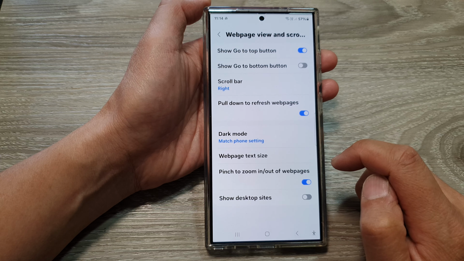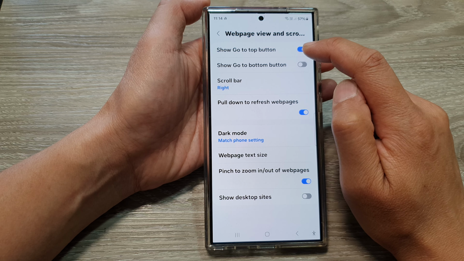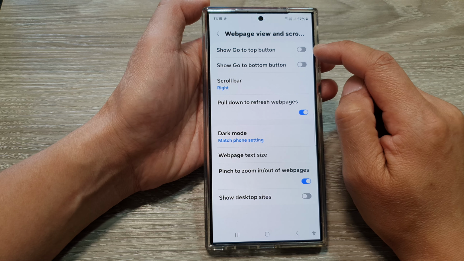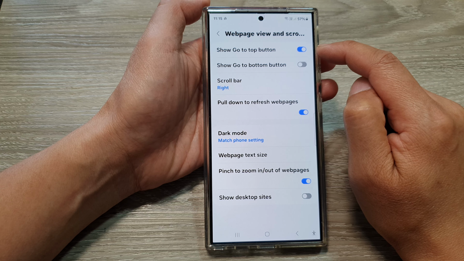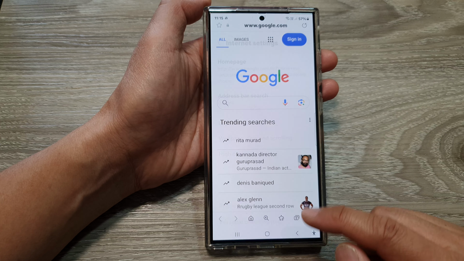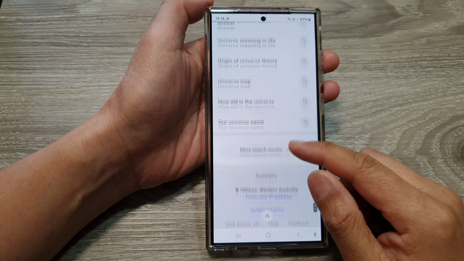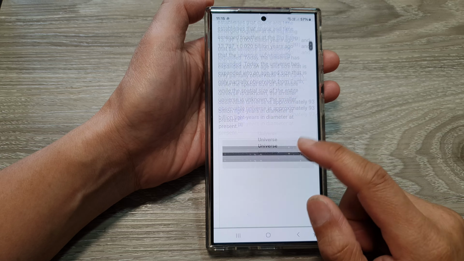scrolling. Tap on that, and then at the top, tap on Show go to top button. Tap on the toggle button to switch off or turn on this feature. And once it is turned on, you can tap on the back key to go back to the web page that you are viewing. Okay, so here in my search page, you can see when I scroll down at the